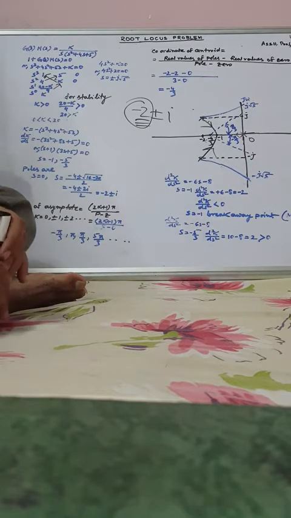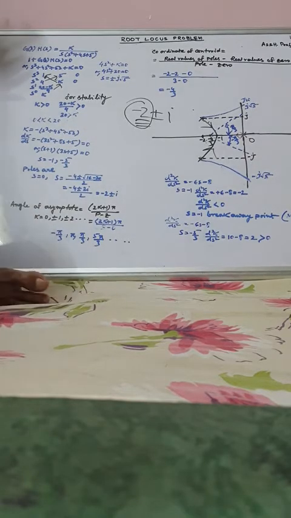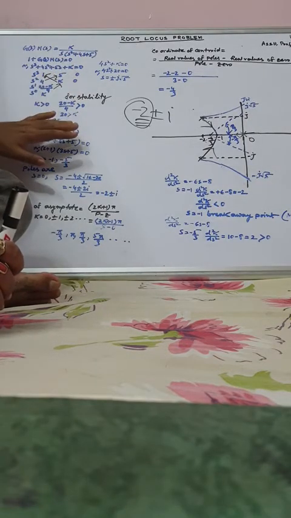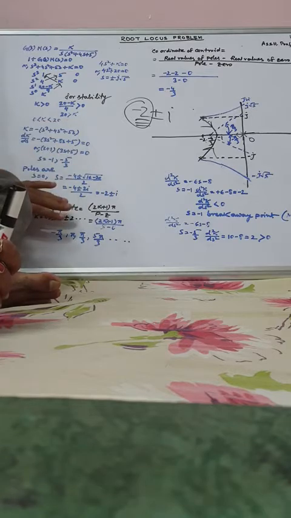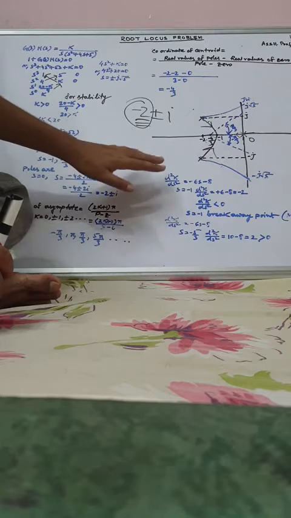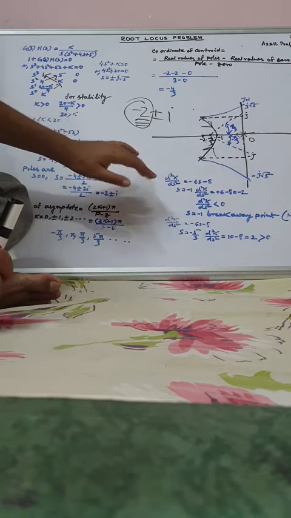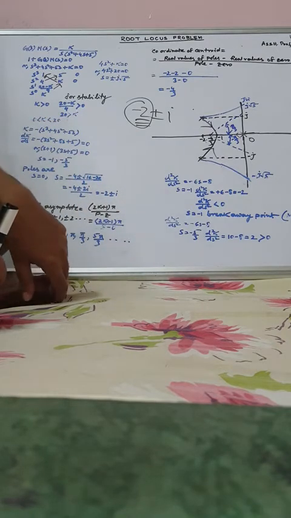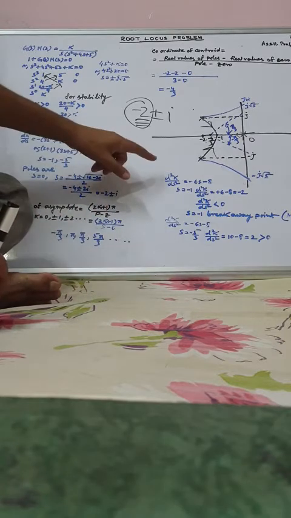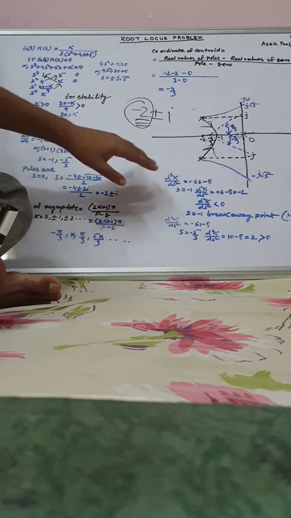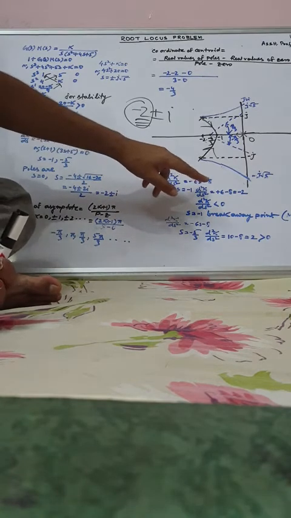Okay, so we have solved one by one. We have solved the Routh-Hurwitz criteria for stability, breakaway points, number of poles, angle of asymptotes, and coordinate of centroid. Finally, we have checked which one is the breakaway point by putting the points which we got by making ∂k/∂s equal to 0 into ∂²k/∂s². We have got the ∂²k/∂s² value as -6s - 8.